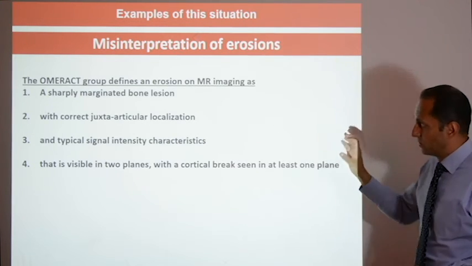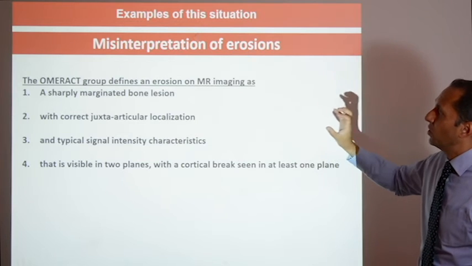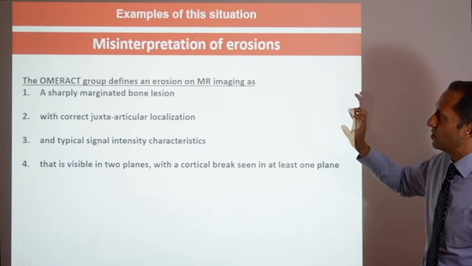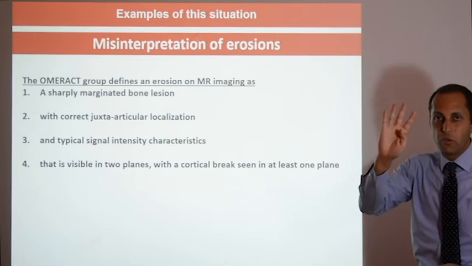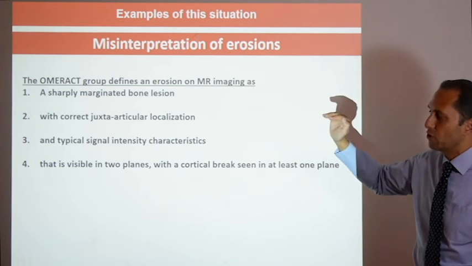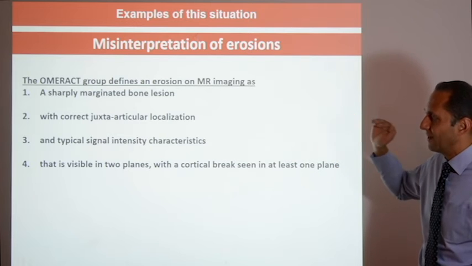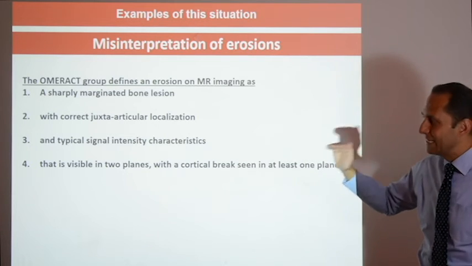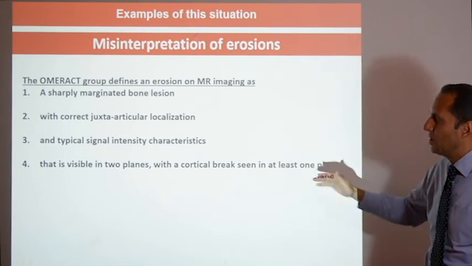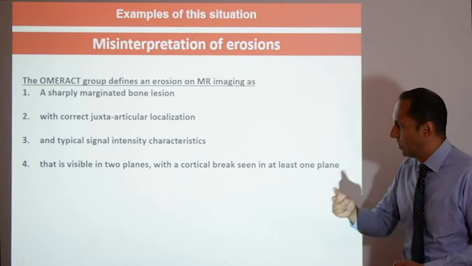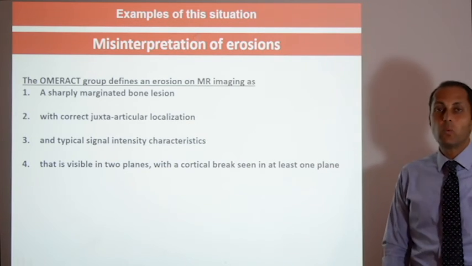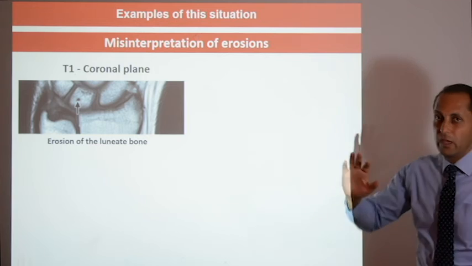Misinterpretation of erosions. OMERACT defines an erosion on MRI by 4 criteria: a sharply marginated bone lesion with correct juxta-articular localization and typical signal intensity characteristics that is visible in 2 planes with a cortical break seen in at least 1 plane. So,